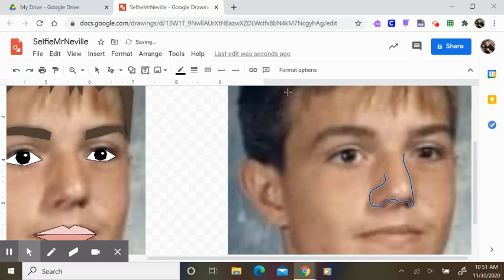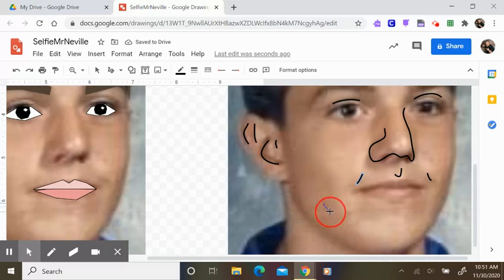So there I have a line. I can make that line thicker by clicking on line weight. I might want it a little bit thicker since it's a drawing of the nose. Do some of the inside of the ear maybe. Maybe the top line on the eye right there. Maybe just some little dimples or little tiny details. Okay, and then once I have that done,